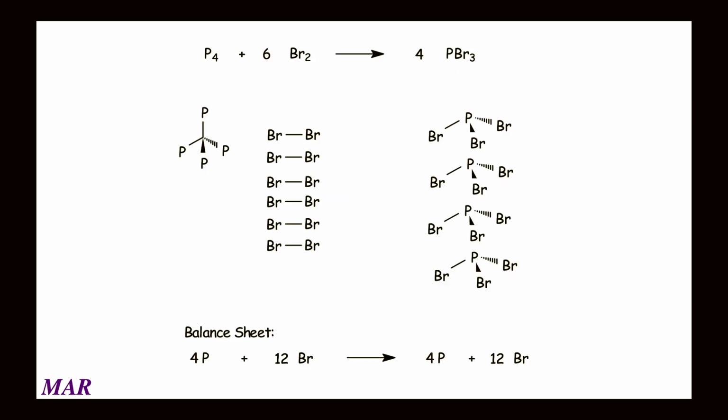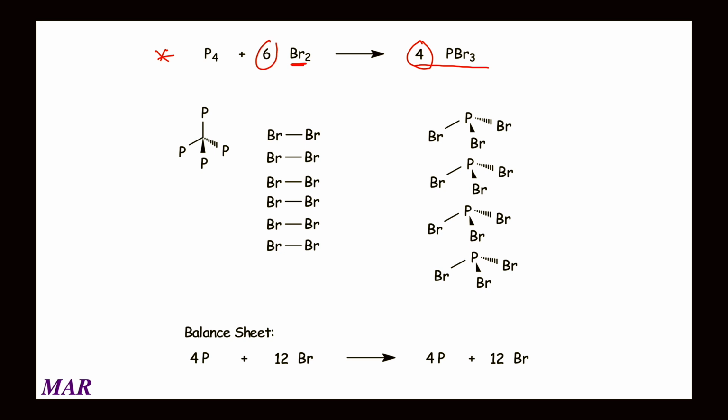Here's another example. This is phosphorus, which is oftentimes P4. It's reacting with 6 bromines, and bromine is a diatomic, Br2. So there's 6 of those. And they're making a compound called phosphorus tribromide. And you'll notice here the coefficients 4 in front of the PBr3 and 6 in front of the Br2,